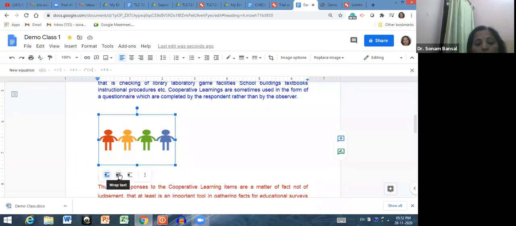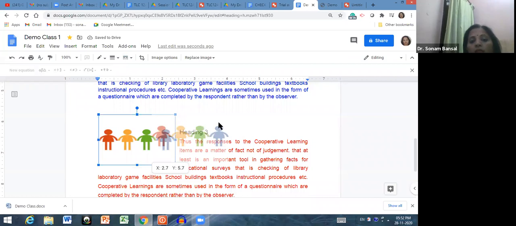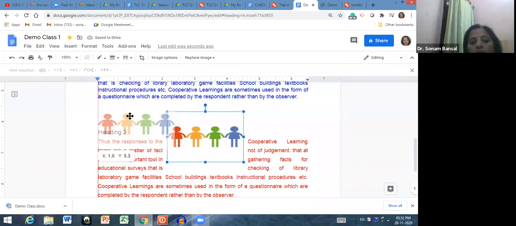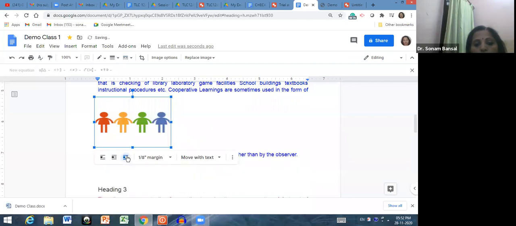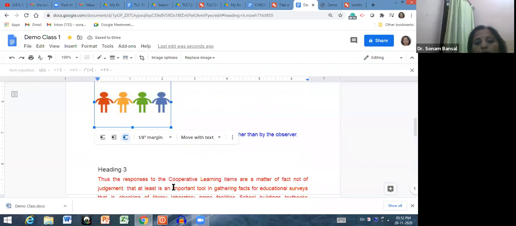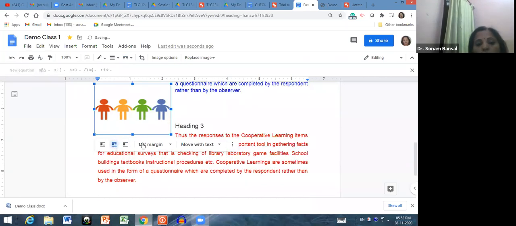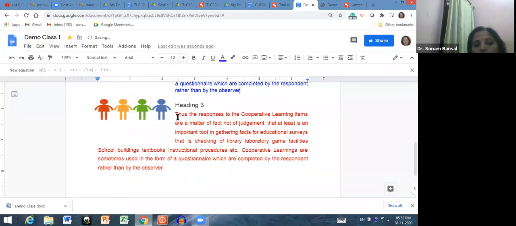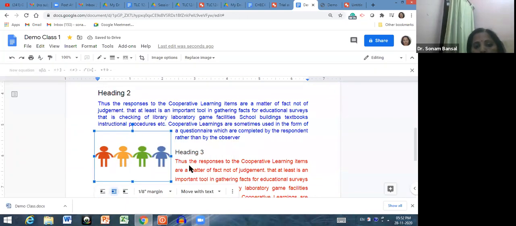will be in line. But if you want to wrap your text, then just click on wrap the text. See, the text will be adjusted by the image automatically. And if you want this in this particular margin, then the text will be moved down. So I want this text wrapped down around this picture. So the text will be wrapped down like this. The image will be here and the text is wrapped down.